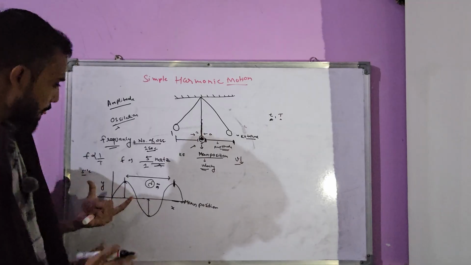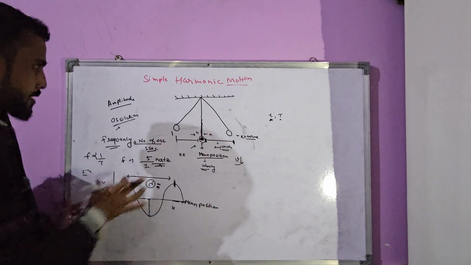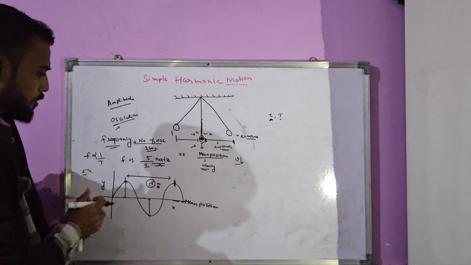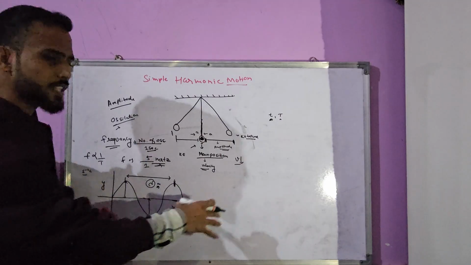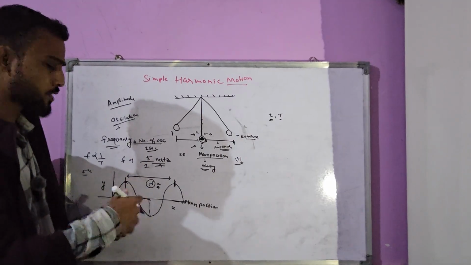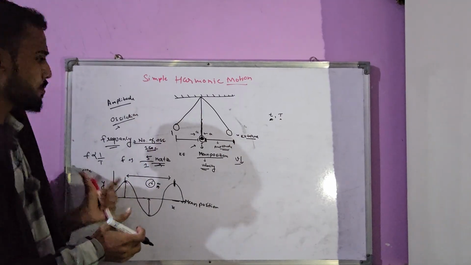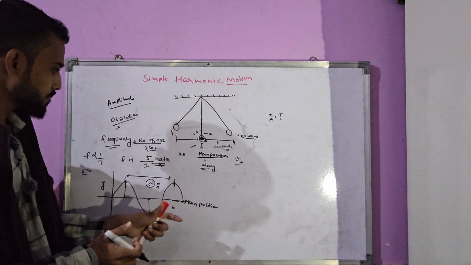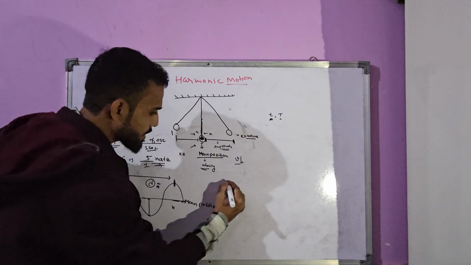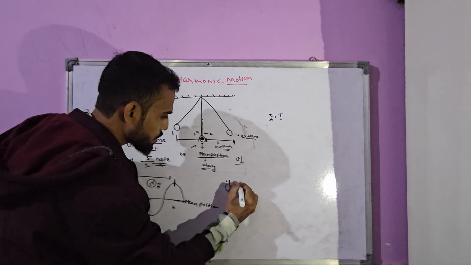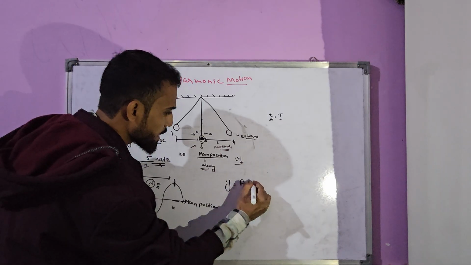Now we draw the graph. We understand this, and now we have to convert this into the form of equations, because we have to solve the questions. So how do we convert this into the form of equations? Now here you saw y equals a sin(omega t